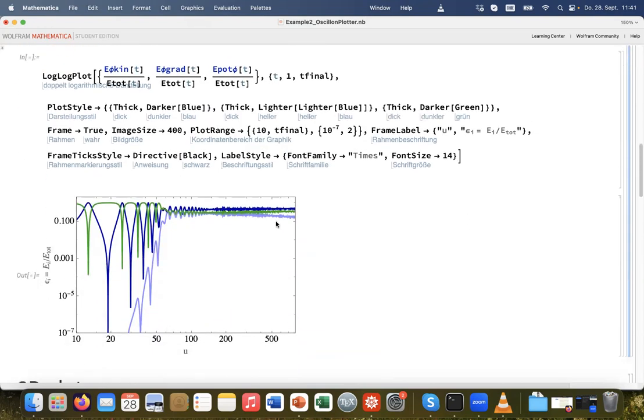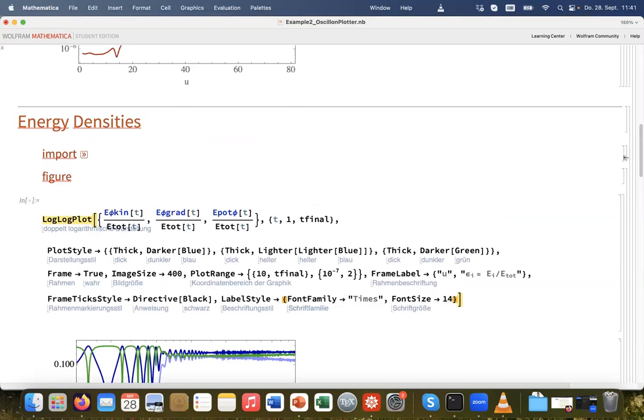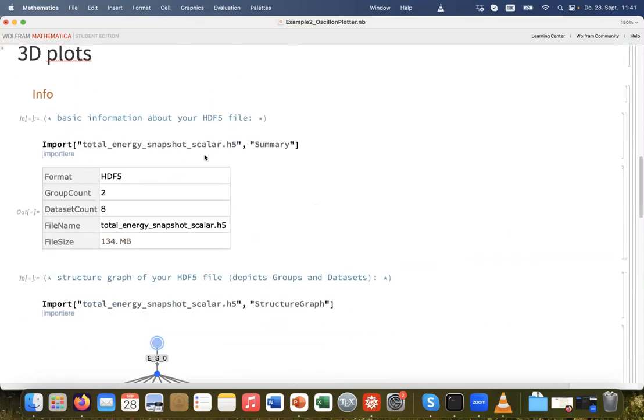And then also how the energy densities evolve. Also, that plot was in the second example. Okay. Then here you have again your summary of your snapshot. You'll see here this 128